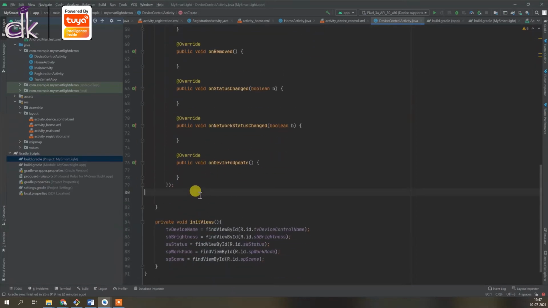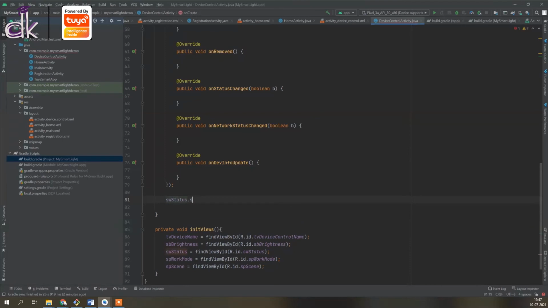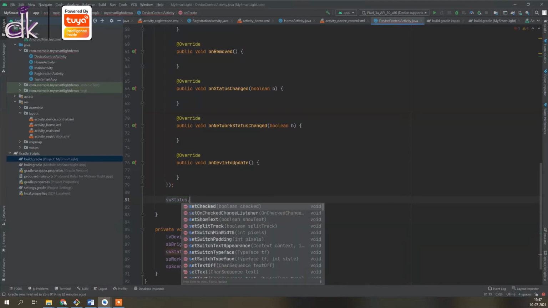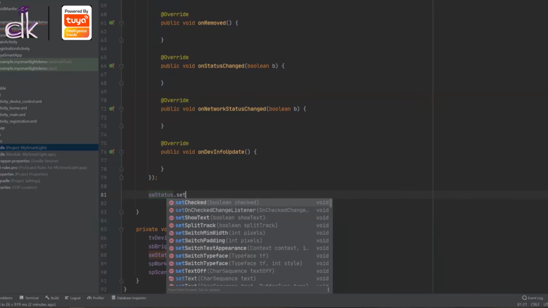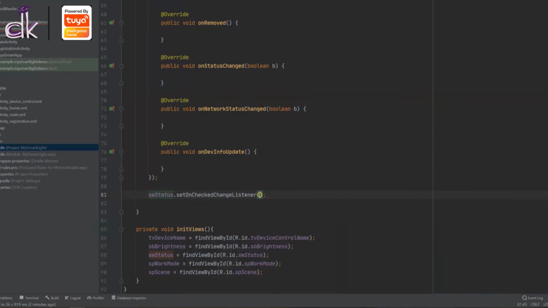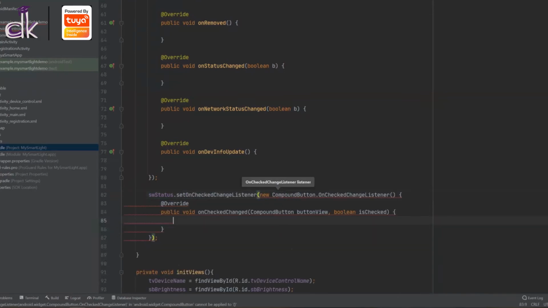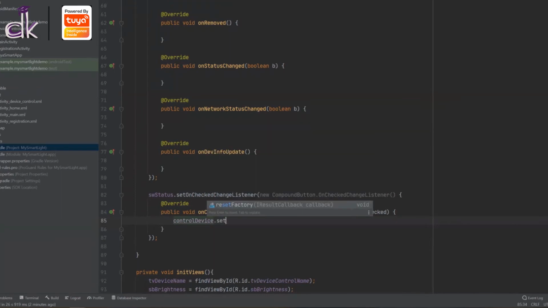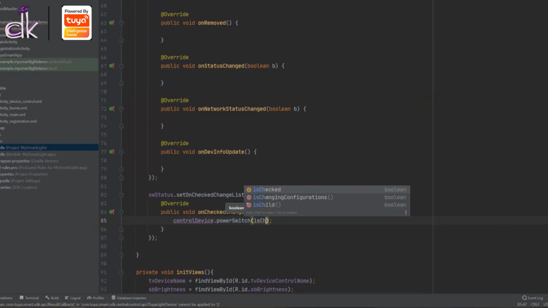And coming to the control aspect of it itself, what you want to do is when the switch status is clicked, right? So we want to do an on checked change listener. Okay, and whenever there's a change, what you want to do is just call control device dot power switch, and the boolean is nothing but the status.